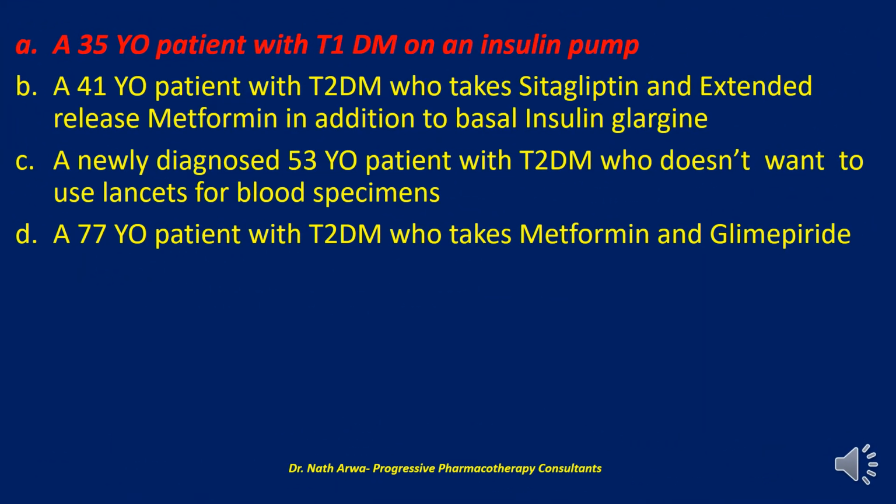I would settle for option A. Based on study evidence, a patient who is only on oral antidiabetic medications would not likely benefit clinically from the use of CGM. A patient with type 2 diabetes could benefit from this approach if often experiencing episodes of hypoglycemia, or if the patient lacks hypoglycemic awareness, which is unlikely to occur on a regimen such as sitagliptin plus extended release metformin in addition to